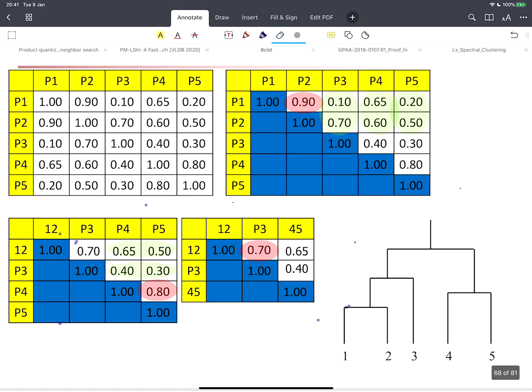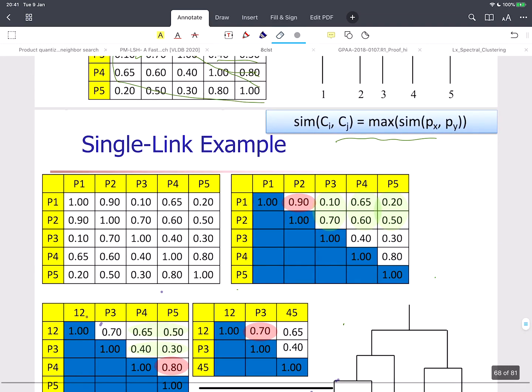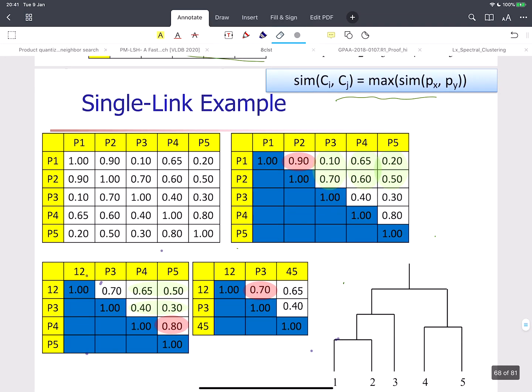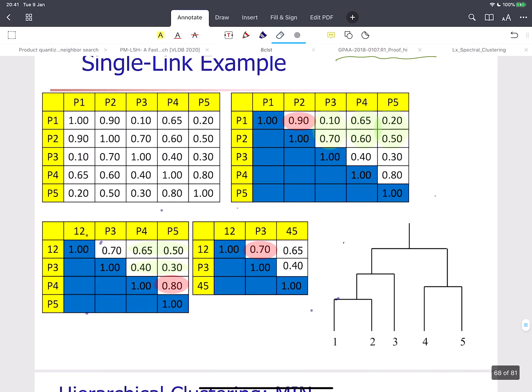Okay, let's resume last time's lecture. Last time we talked about hierarchical clustering, and it's a bottom-up clustering algorithm. The general idea, which is common to all the clustering algorithms, is that you start with every object in its own cluster. So in this small example,